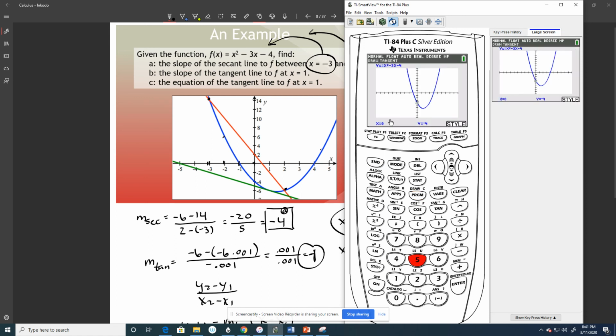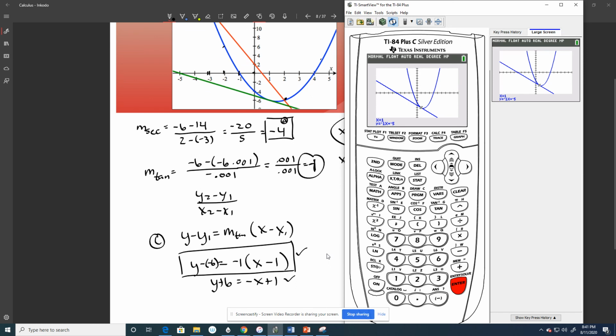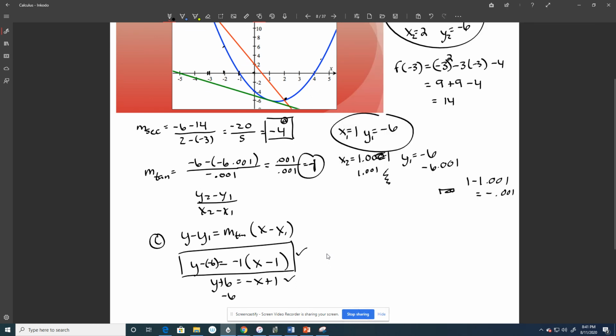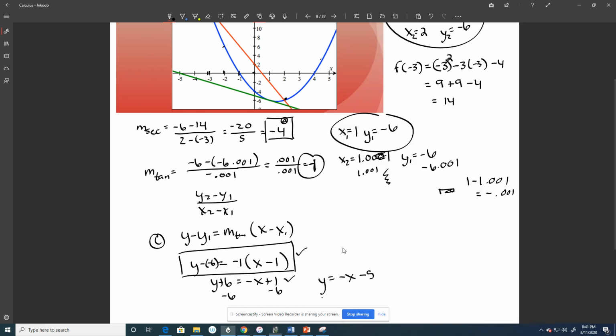It asks me for my X. So when my X is equal to 1, and look, it draws me a tangent line, and it tells me that the function is Y equals -1x plus a -5, which looks really close to what we had. The only difference is they simplified one more step. They subtracted 6 from both sides. So Y equals -x. 1 minus 6 is -5, which is exactly what they had. And look at their slope right in front of the X. The -1 is the same as what